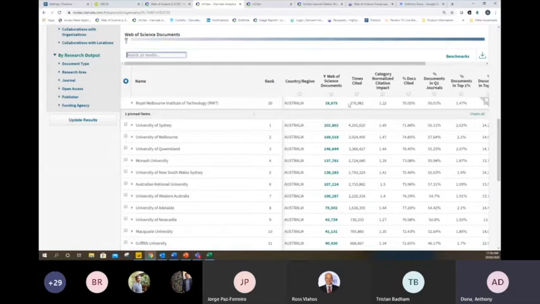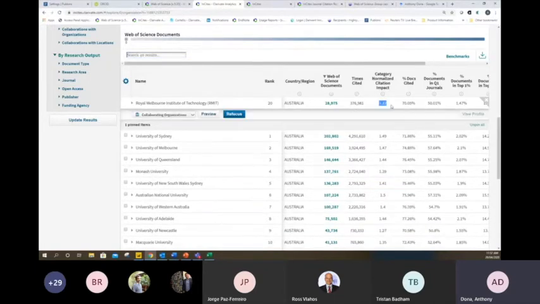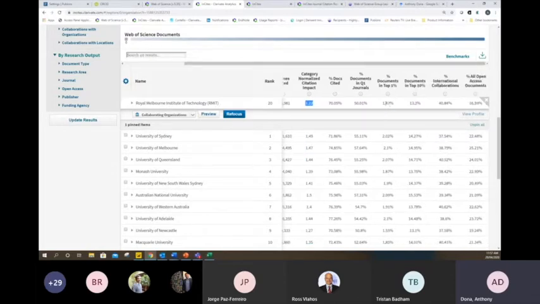Total volume of documents, fine. Total number of citations, fine. When RMIT publishes in a specific category in a specific year, they're getting cited 1.2 times more than the global average, when looking at those averages for the same publications published in the same category and the same year. The percentage of documents in the top 1 and 10% is also normalized across the category and year of each publication. So we're really binning publications into their specific peer groups to run those comparisons.